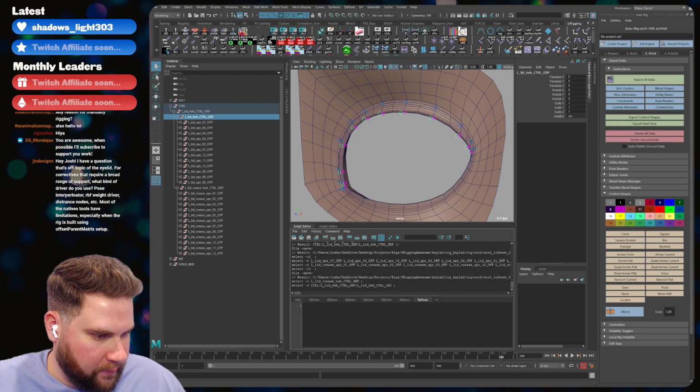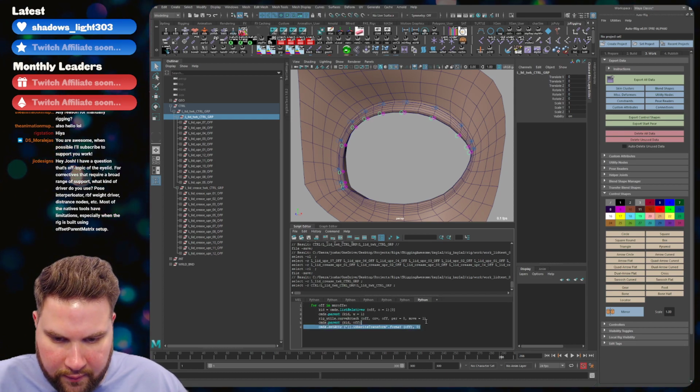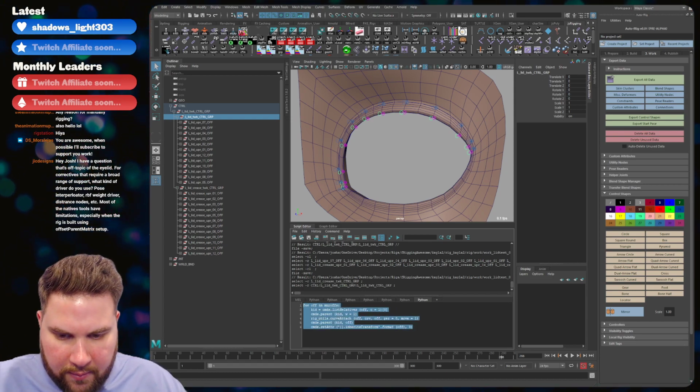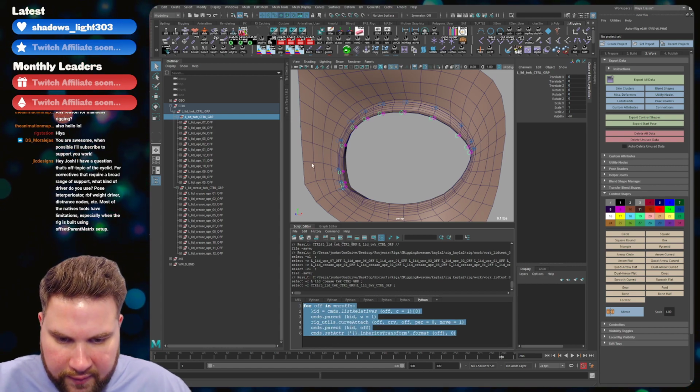Okay, here it is. So this is the group of code that I'm using in my brow script to attach stuff to curves. So let's just retrofit this